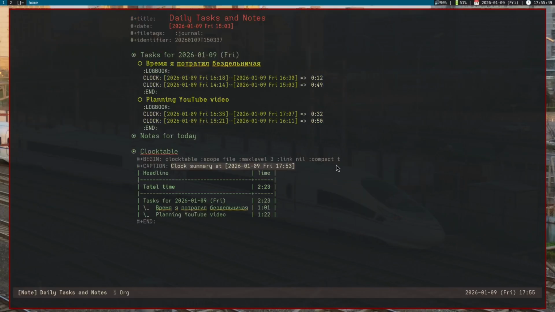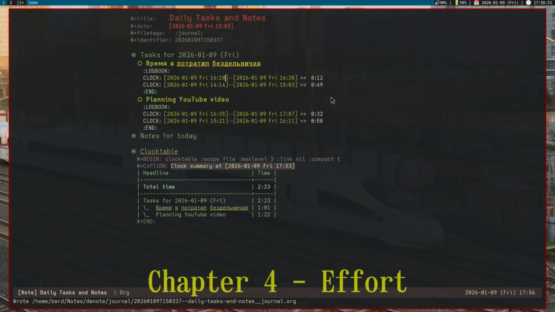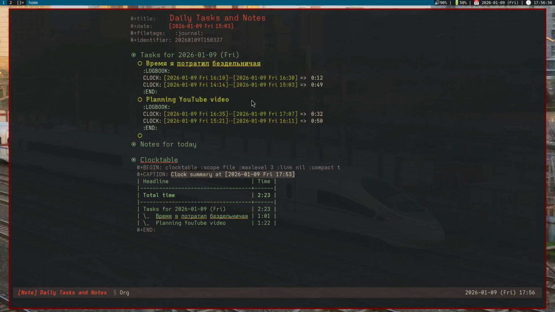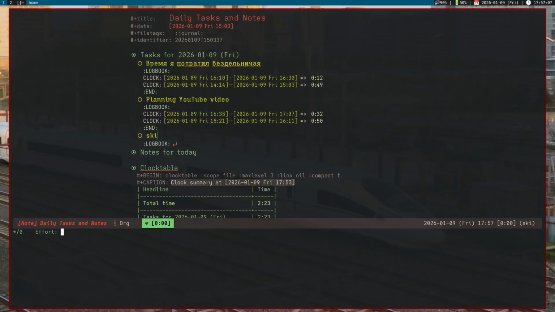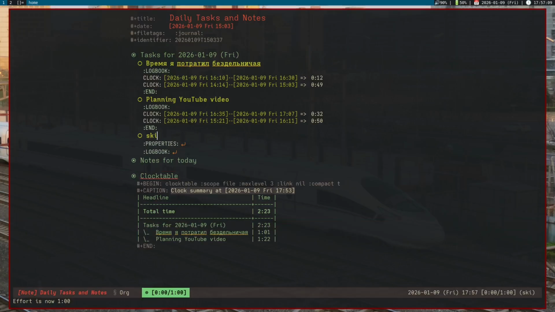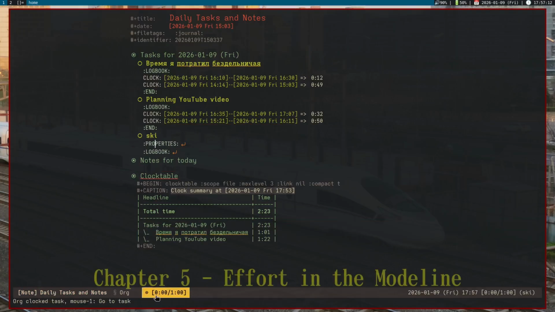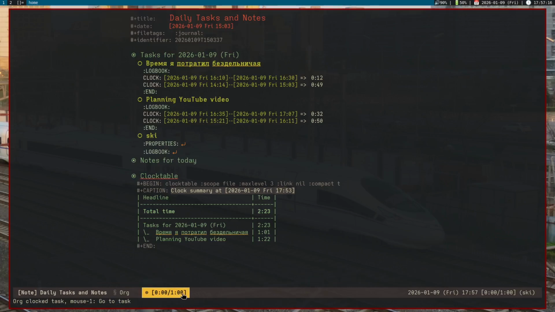So yeah, that's good. And also, a cool thing you can do is set the effort for a task. So we're going to be like, okay, I'm going to ski today, and I'm going to clock in right now for the task which I'm obviously skiing, and I can do Control-C, Control-X, E, because I want to ski for 1 hour. And then at the bottom it'll show me this mode line indicator for the time I'm clocking in, and it's like out of which I have spent 0 minutes out of the hour